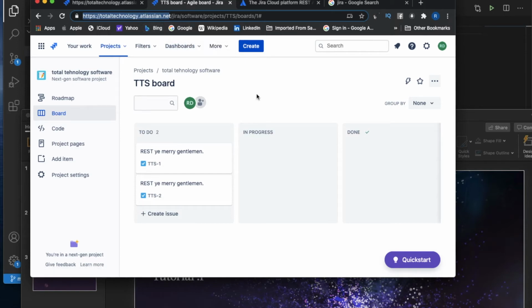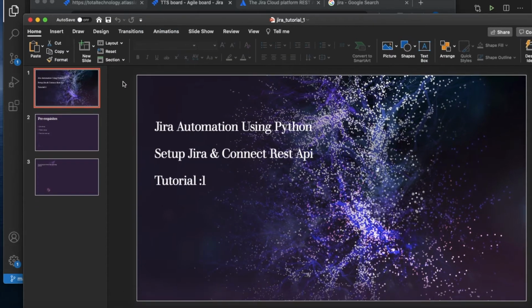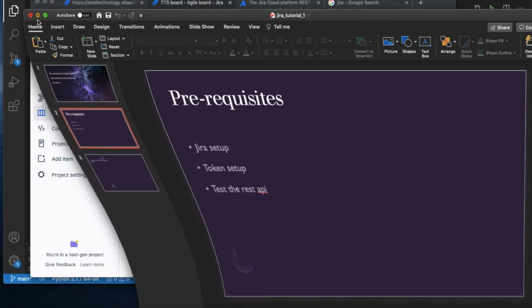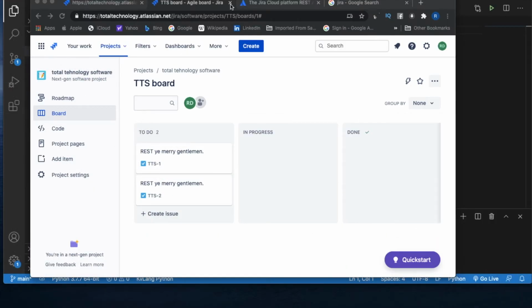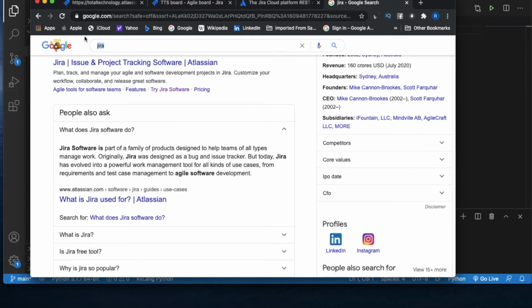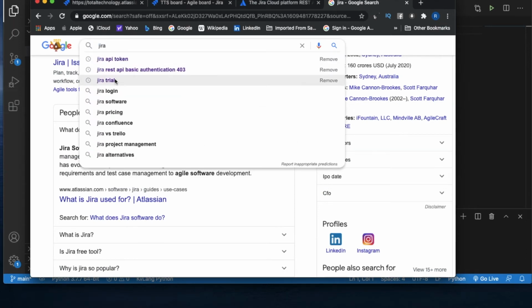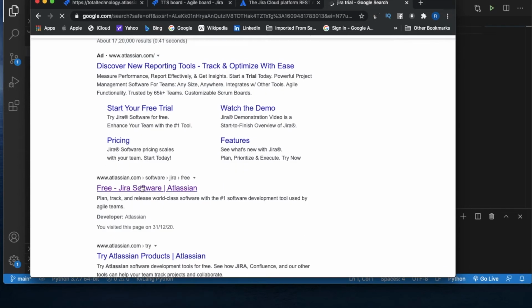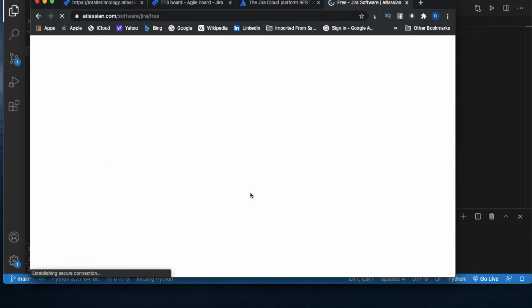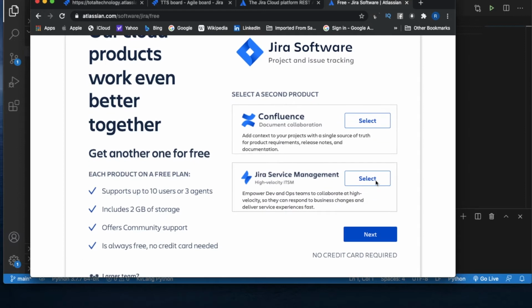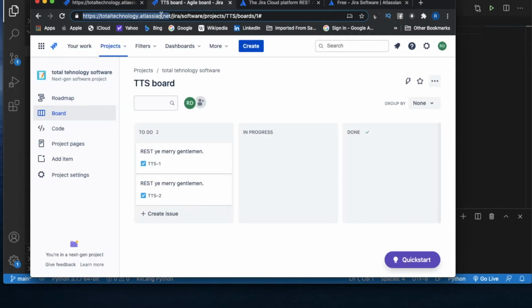Okay, first things first, let me open this. So, Jira setup. You can set up your Jira the way I set up mine. For that, you just have to search for Jira trial or something like that. I just searched it, and after that you will get the free Jira Software option. Click on it like this, go next, and it will ask you a few questions, and your instance will be ready, and you will get an email, and your account will be ready. For example, I use Total Technology, just my YouTube channel name, so that is why I got this URL,